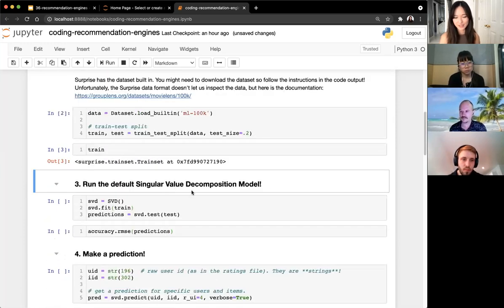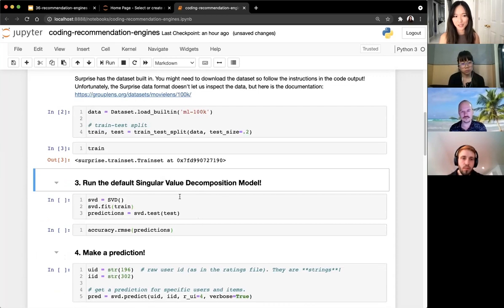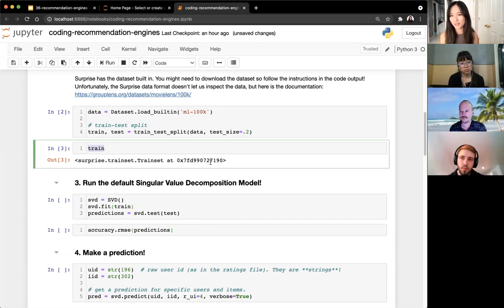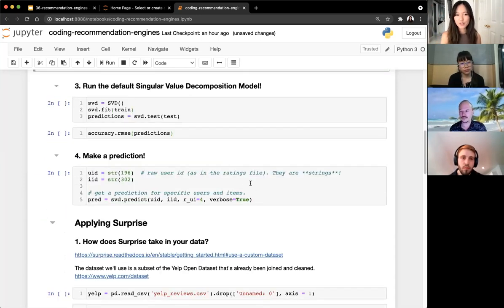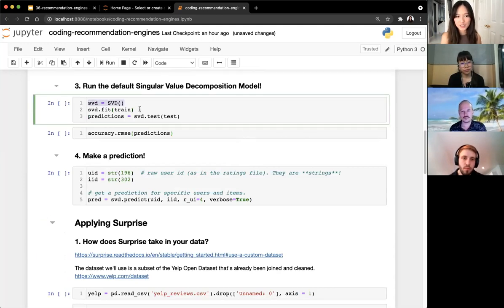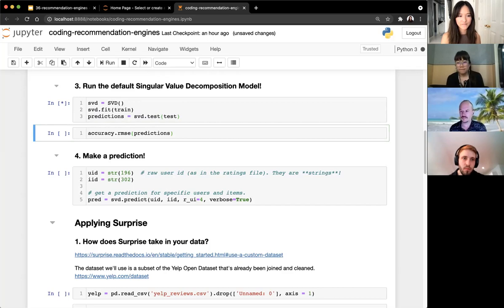The one downside is, and I'll talk about this with a real example later, you actually cannot inspect your data frame the same way as you can inspect your pandas data frames. But the way that you run your model is very, very similar to scikit-learn. You instantiate your SVD, fit it on your train, predict on your test. So if I just run this super quick,